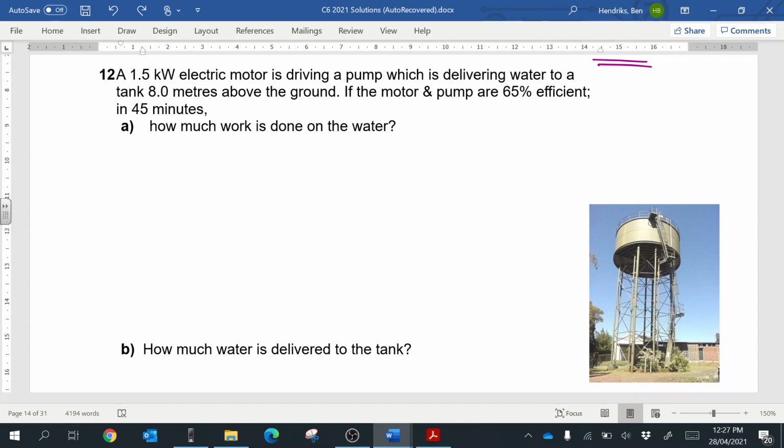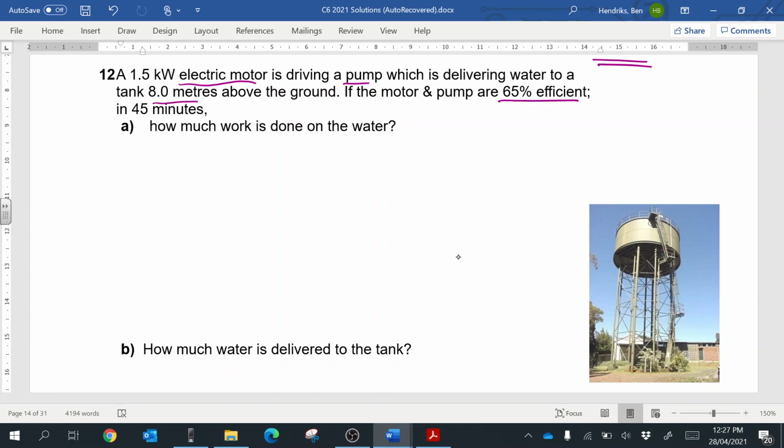In this lecture, we have an example: a 1.5 kilowatt electric motor is driving a pump which is delivering water to a tank 8 meters above the ground. If the motor and pump are 65% efficient, in 45 minutes, how much work is done on the water? Okay, so just talking about efficiency, in an ideal case, a motor would be 100% efficient